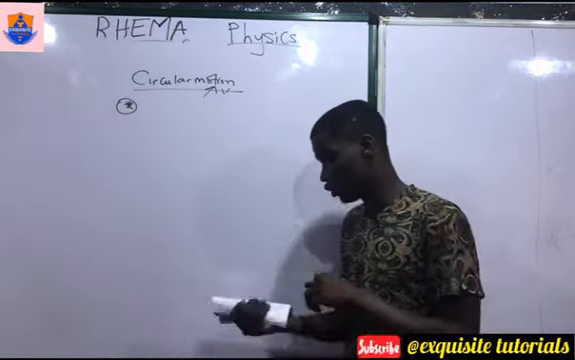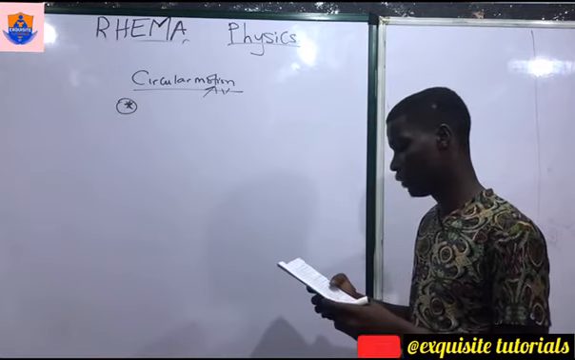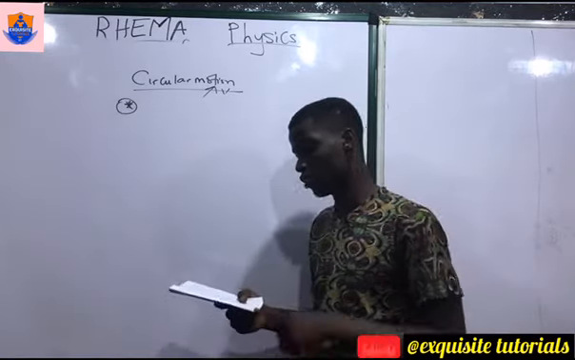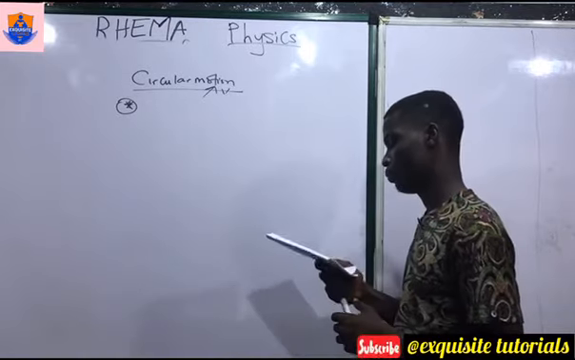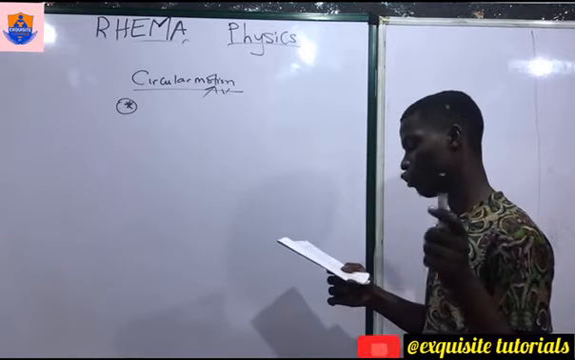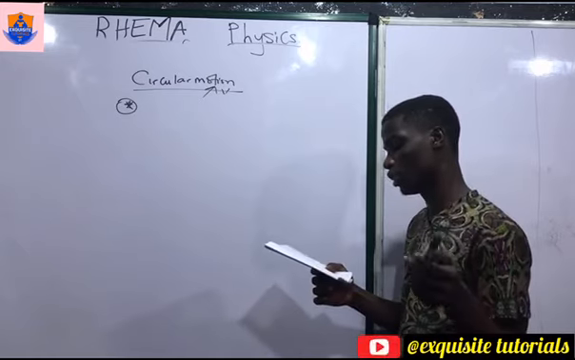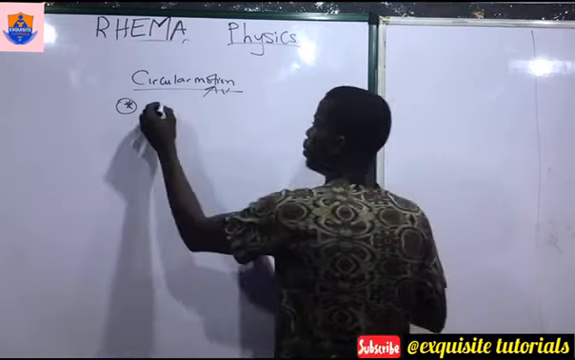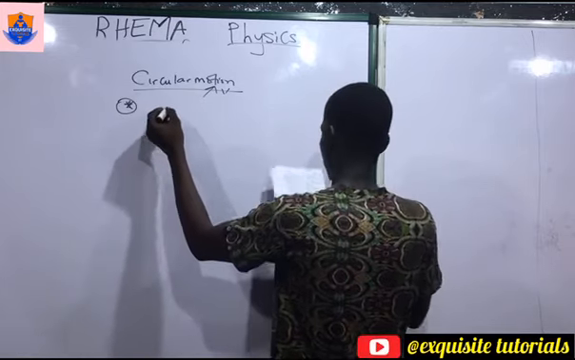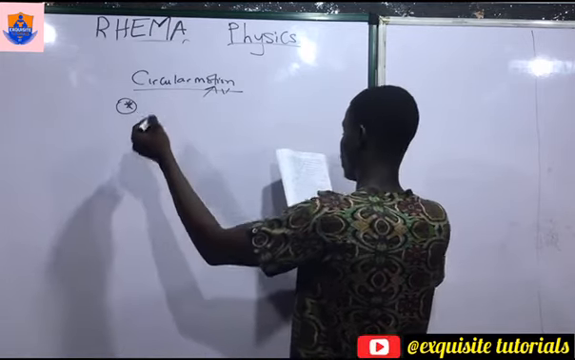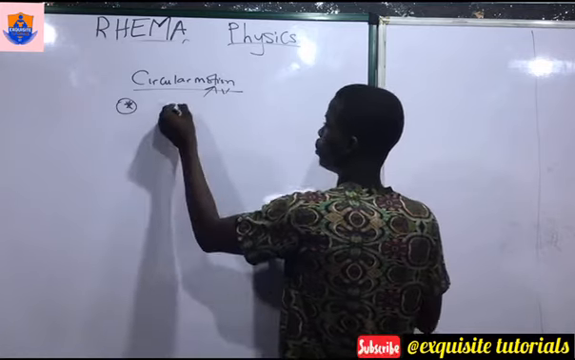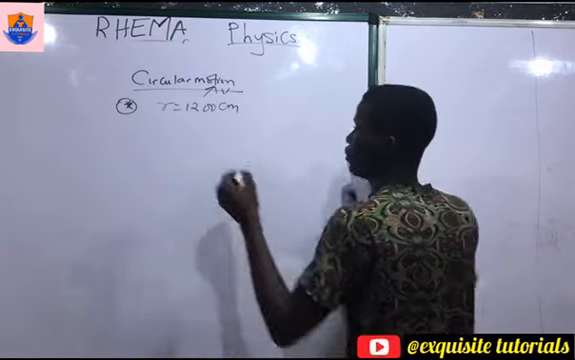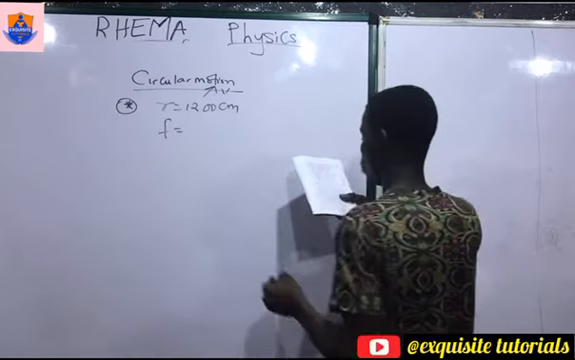So now, for the first question I have here, they said a man drives his car around a circular track with a radius of 1,200 centimeters at 4 revolutions per minute. The radius is 1200 centimeters. Then we're told that the frequency is equal to